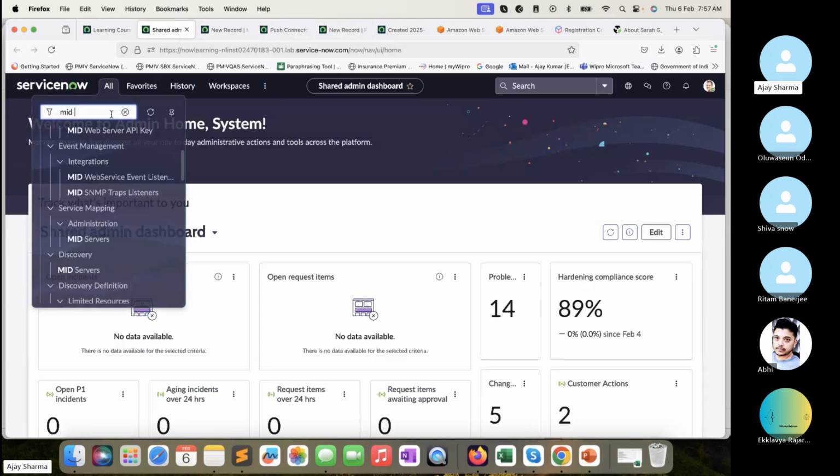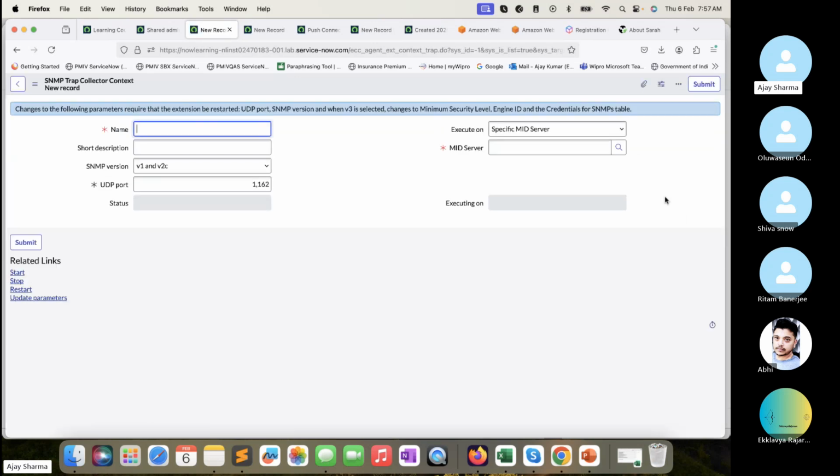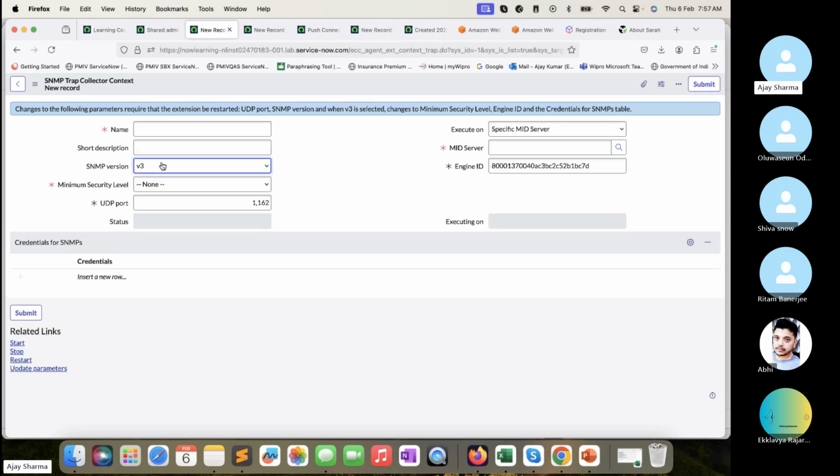Then if I go to MID server listener, SNMP trap, MID server listener. This particular SNMP trap collector context is going to be configured specifically for SNMP trap configurations if you are going to utilize SNMP traps. So what you have to do, again, is name, short description here. This is an important thing: the SNMP version, V1, V2C, or V3. If you are going to use V3, then you have to provide this one, and